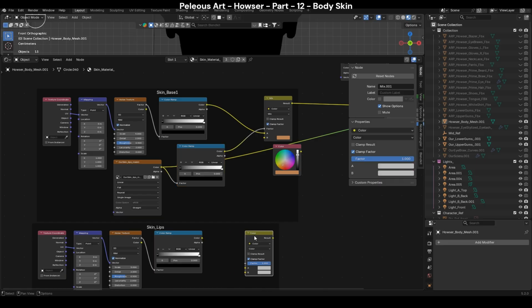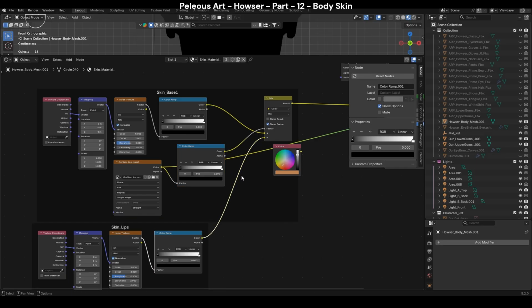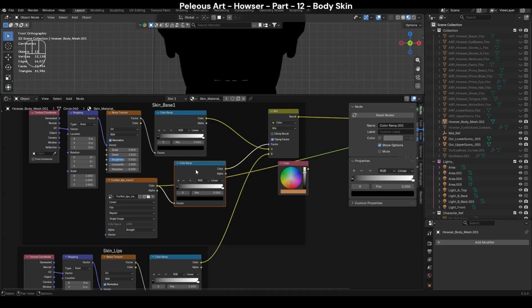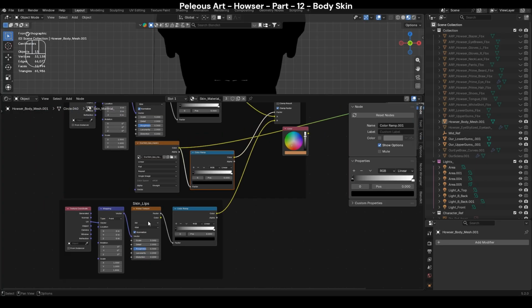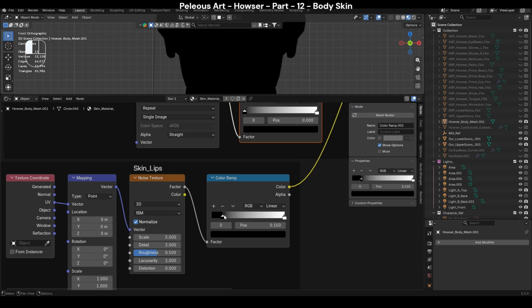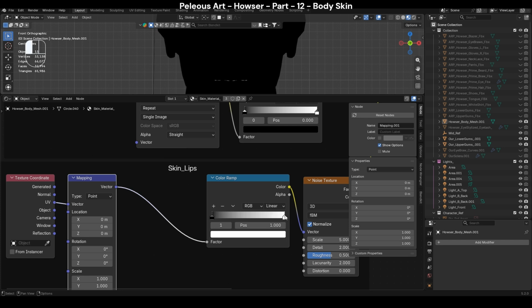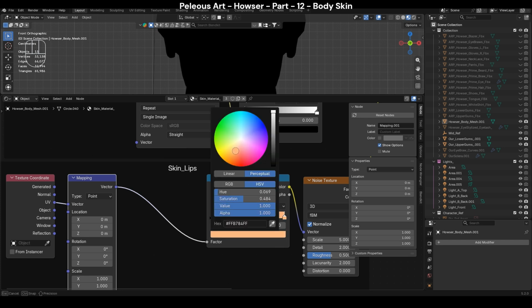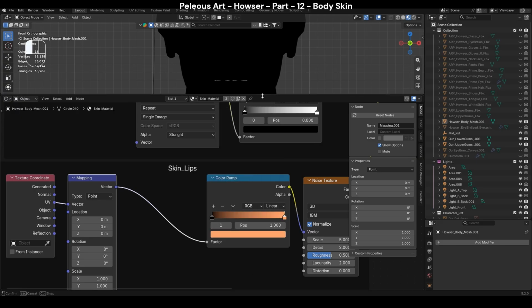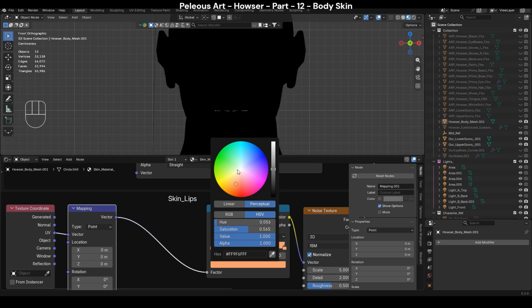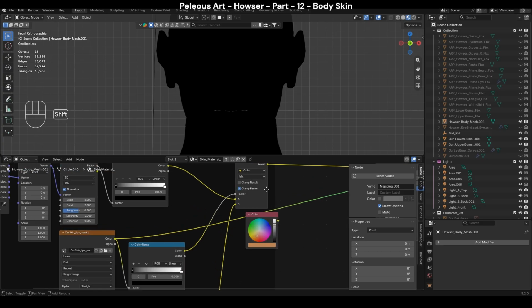Okay, let's disconnect this one and delete. We have to connect it the exact same way, otherwise this is not gonna work. So we have the vector controlled by black and white, included a color ramp, and we have the skin lips. So right now we can disconnect the noise, we will use it in a bit, and we will just change the white into something a bit, not like the skin, a bit reddish, like this. Okay, and then we can scroll down. This can be the same. Okay, maybe a bit more red, but don't go crazy on it,